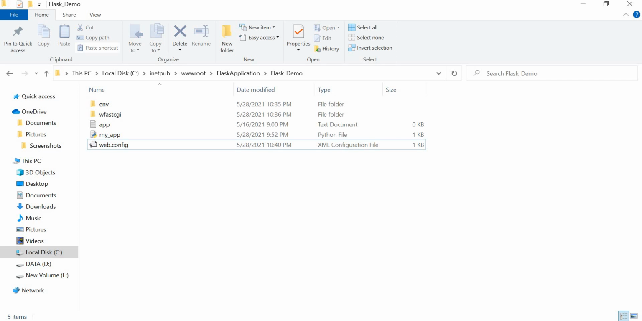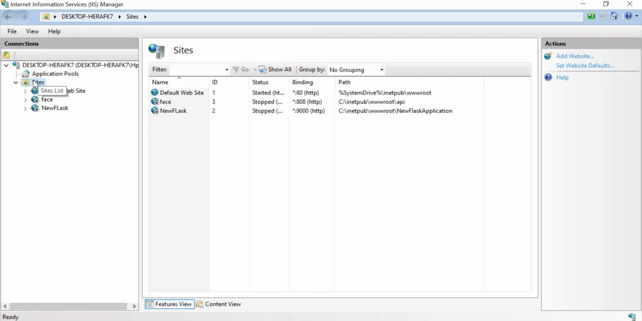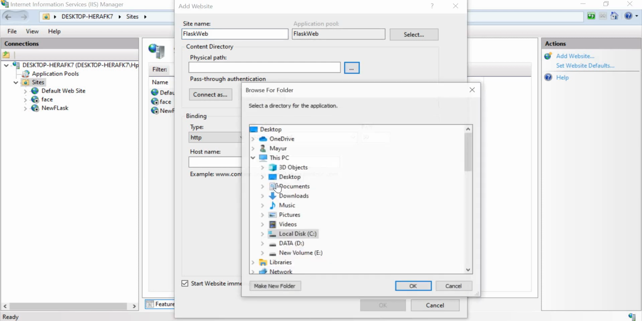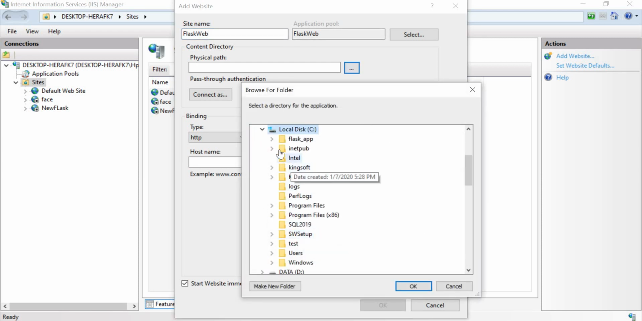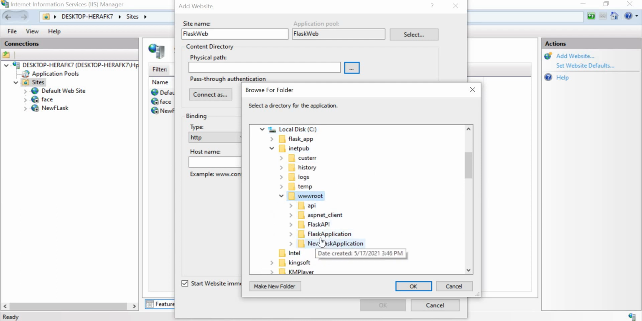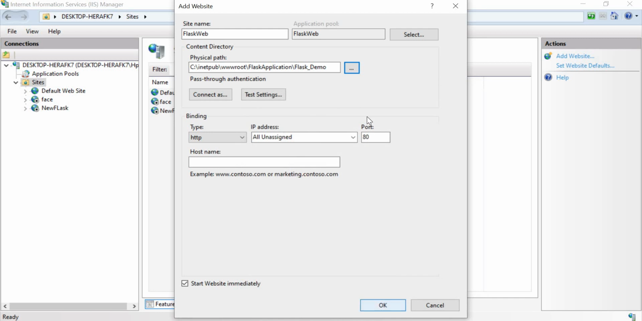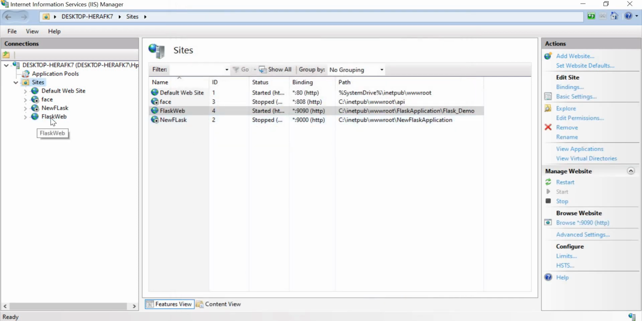Now the next thing you need to do is go to your IIS and right click on Sites, click on Add Website. You can give any name, like let's say Flask Web, okay. You need to change the physical path of your application. So my physical path is the Flask application, and inside this Flask application, Flask demo, right? Click OK, and you can change the port as well. Let's say I will put 9090. Click OK. Now Flask Web is created,